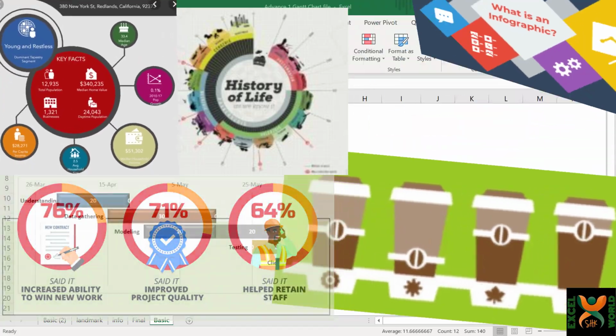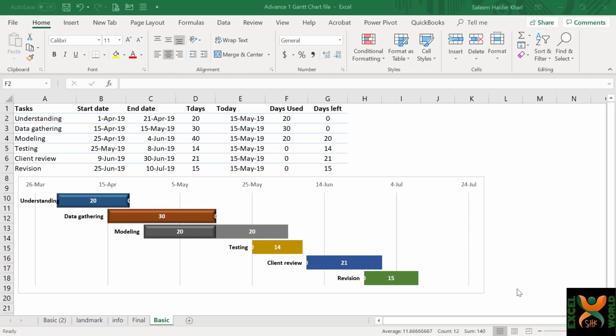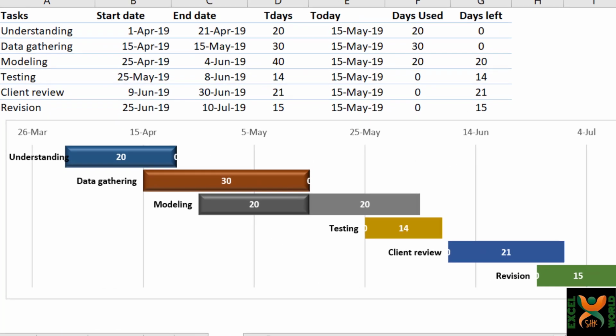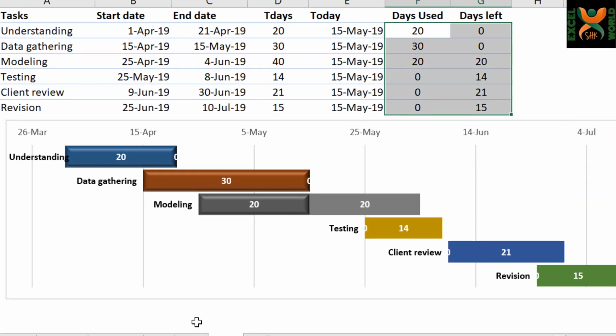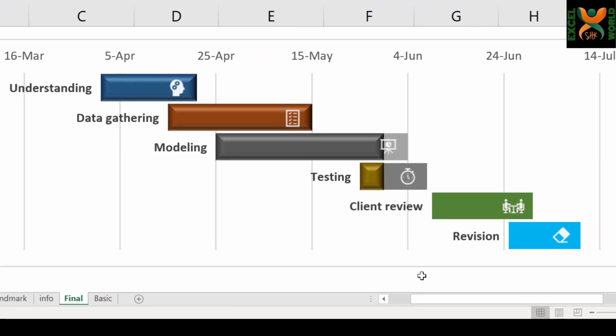So I thought, why not integrate those infographics into my Gantt chart, and our final product will look like something of this sort, in which each individual activity of your Gantt chart is complemented by a graphic, which I will tell you where I downloaded from and how I incorporated into my Gantt chart so that it remains dynamic,